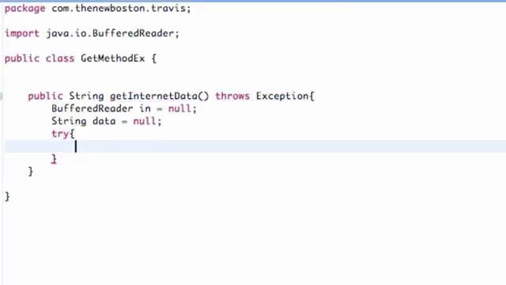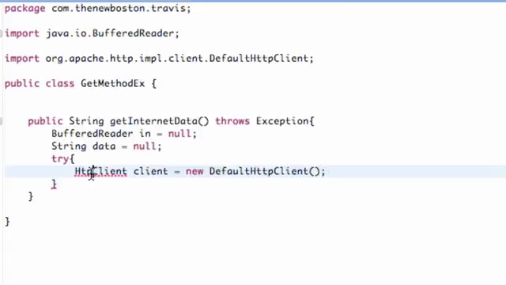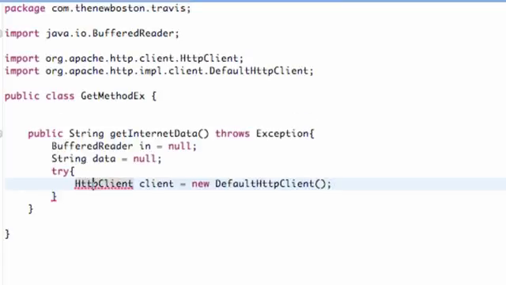I always wonder if I am saying that right or not. So let's set up our HTTP client, and we're going to call this just client, pretty standard. We're going to set this equal to the new default HTTP client, just the default HTTP client. And just make sure you spell that right. What this is going to allow us to do is